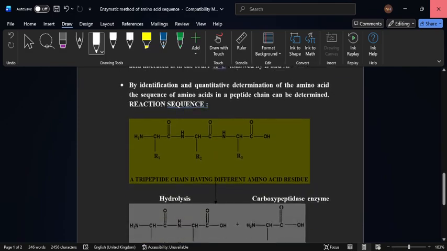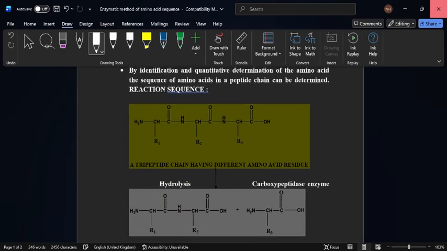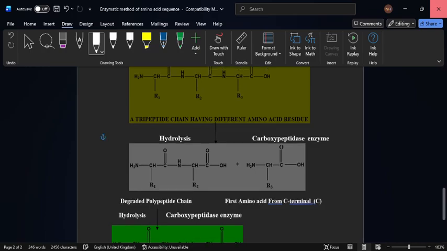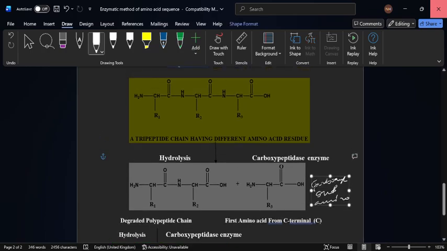The amino acid which has the highest quantity will be at the terminal end, that is the R3 amino acid, followed by the middle one, that is B,